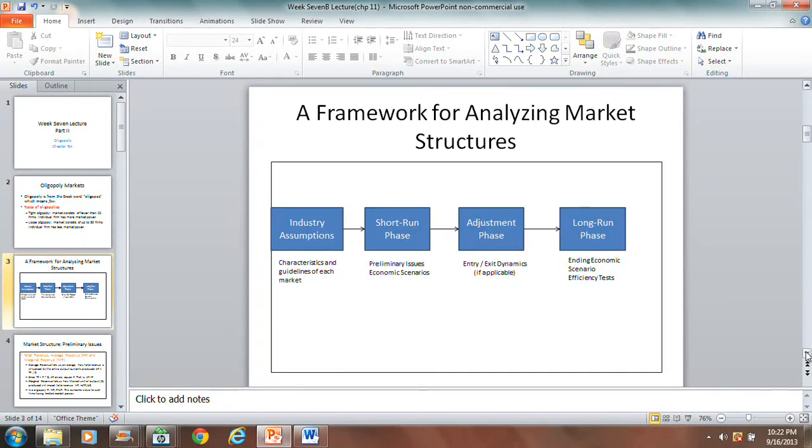All right, I am going to try and take the details from chapter 10 and force them to fit as best I can into the analytical framework that we've been using for the previous 3 market structures. That is, we will start with the assumptions, and in oligopoly the assumptions are there are few firms. Those firms produce products that are differentiated. Advertising also plays a role in the oligopolistic industry.